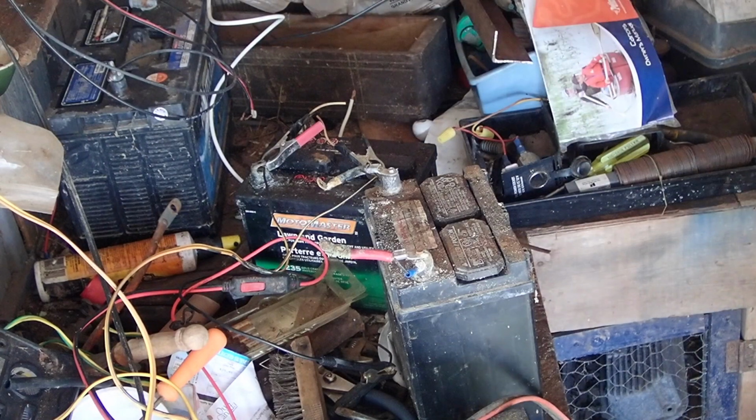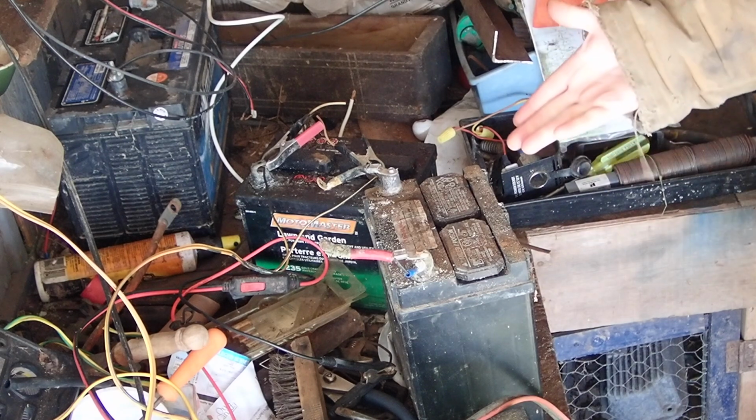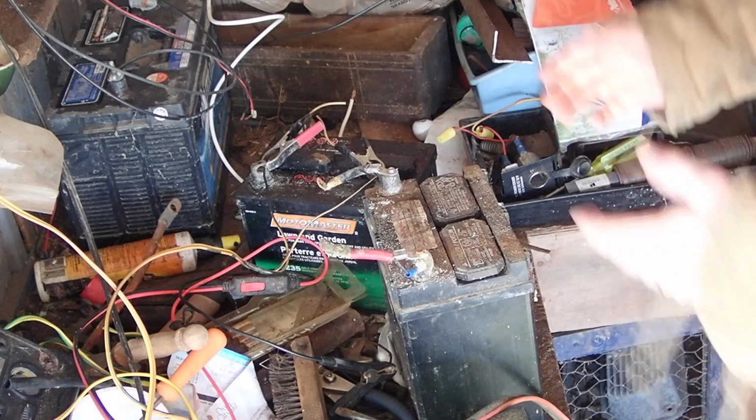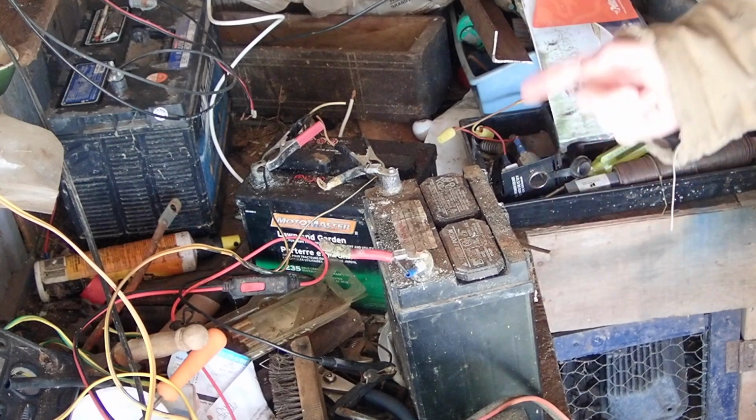We'll get our $15 for the lead core to it, and put that towards probably a deep cycle marine battery, which is about $150 Canadian, I think, right now. So update on this one. Didn't work. It was a good try. You never know, but this is a very old